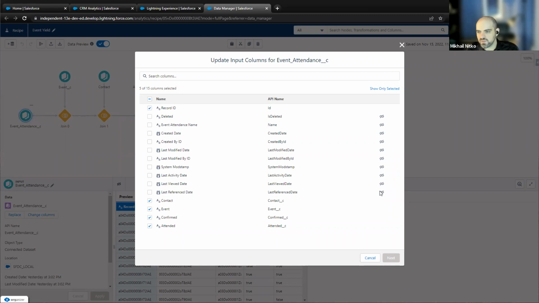What is really nice is that they added a new feature where you can see this broken link right here. What this broken link means is that this field is available to me from this object, but I never included it in my sync. Before, if you got to this step and you simply couldn't see a field that you created, you'd have to guess that you might have not included it in your sync.